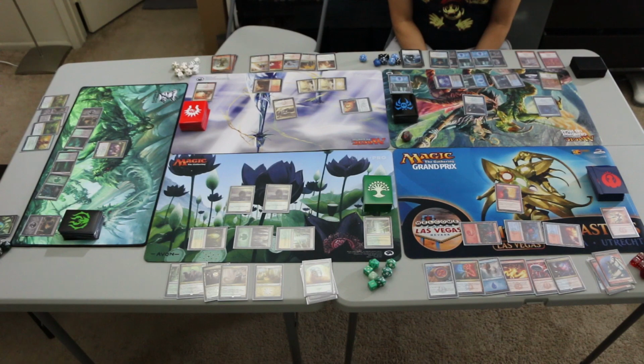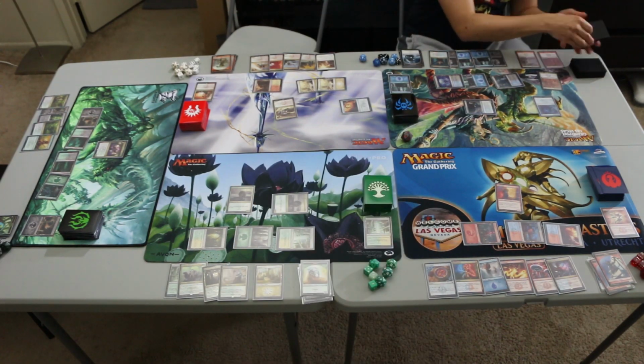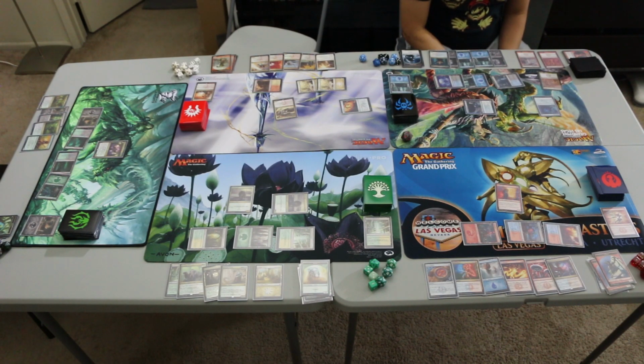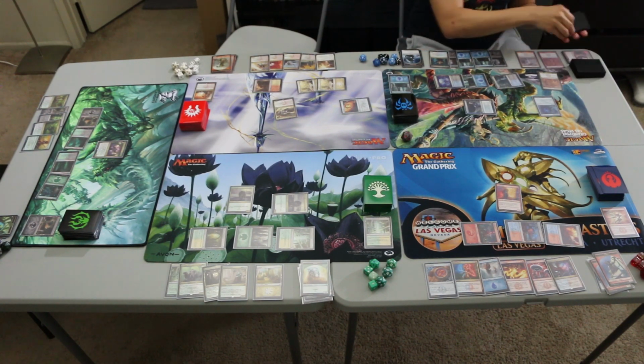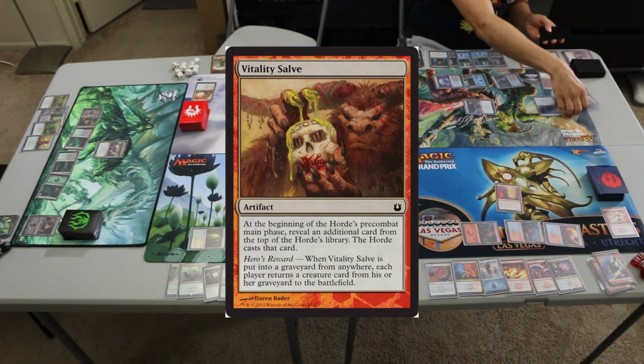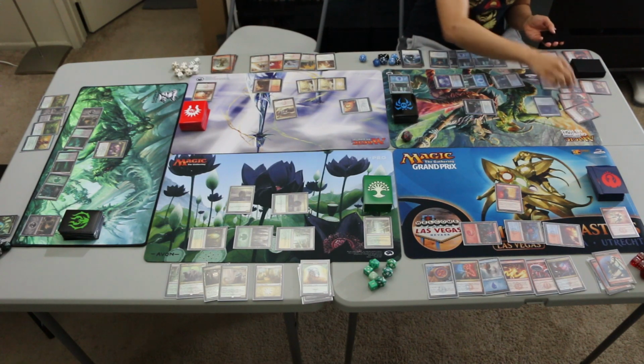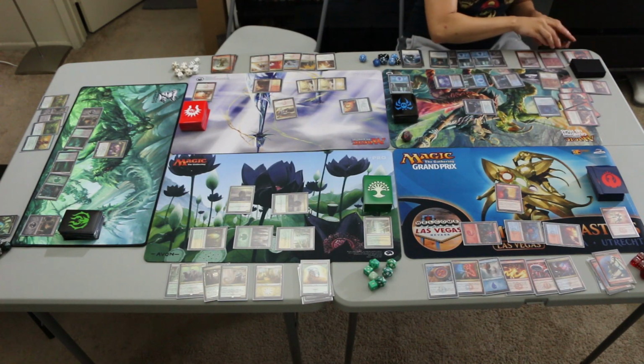We'll go to combat, we'll attack with the Guildmage and the Watchwolf. That's 5 damage to the Horde. The Horde will then cast the top 6 spells. We'll cast a Phobos Reaver, a Vitality Salve, a Minotaur Goreseeker, a Minotaur Younghorn, a Phobos Reaver, and Intervention of